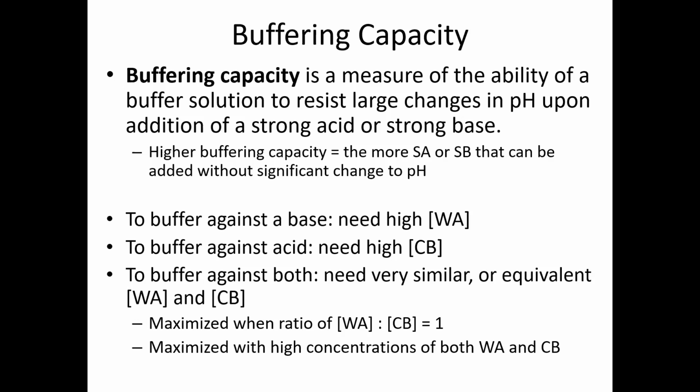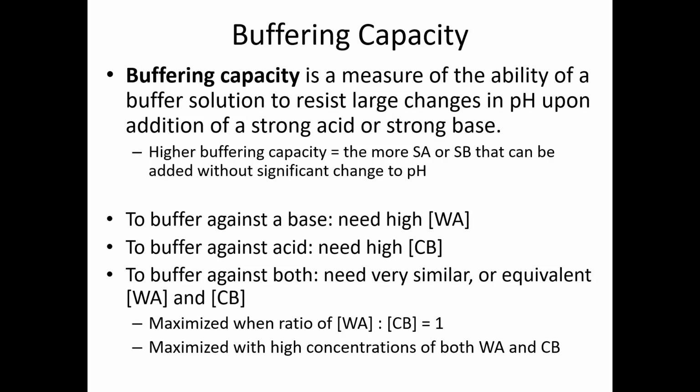They don't have to be exactly equal to 1. They just have to be between 0.1 and 10 for their ratio, but you want them as high as possible. You want those concentrations as high as possible. At 1 molar, 2 molar, 3 molar, that's great, but 0.1 is pretty good too. Okay, so you want them as good as possible. And we'll do some calculations to see, was our buffer effective or not, or did we exceed the buffering capacity really quickly? Okay, so to buffer against both an acid and a base, you really want them to have similar